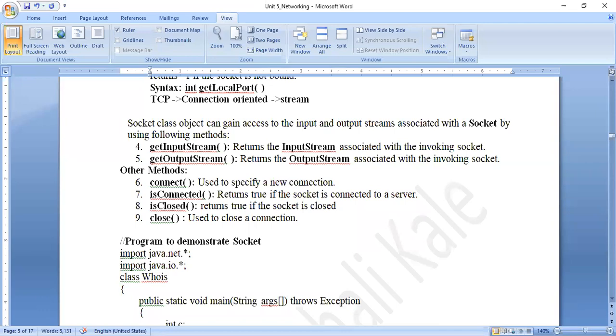Stream means a sequence of bytes, one after the other. The bytes will start flowing from one end to another. When it comes to a sequence of bytes, as you all know, stream-based communication is established through the InputStream and OutputStream classes.